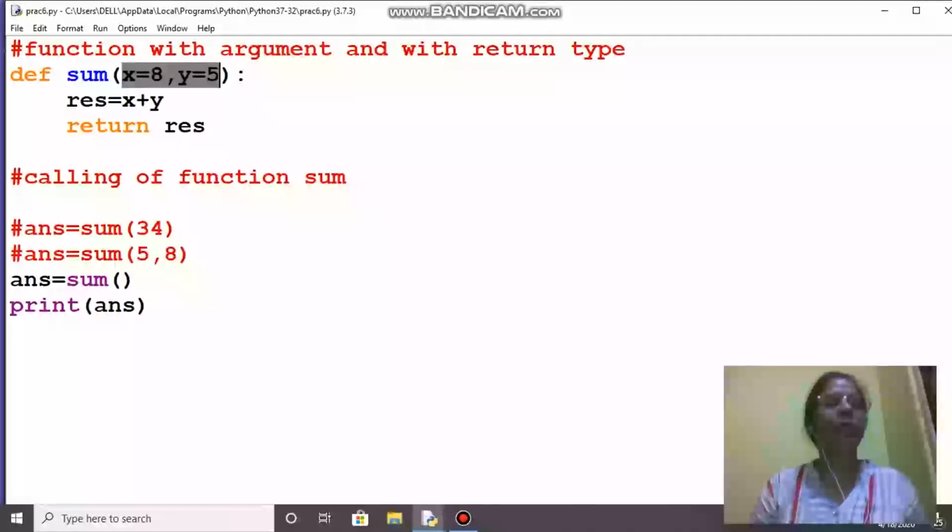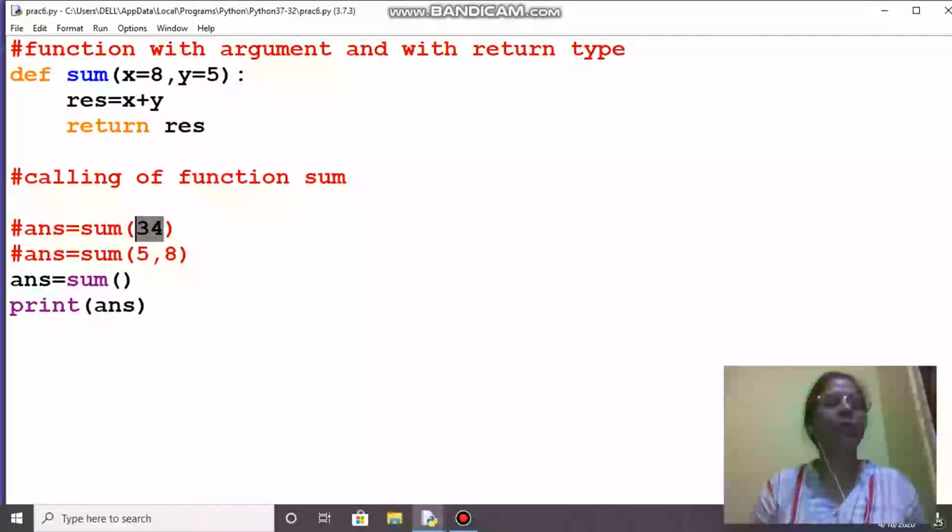Right now it is not giving an error because x and y are created as default arguments. If we pass a value, it will take that value, and when we do not pass a value, it will take the default argument's value.